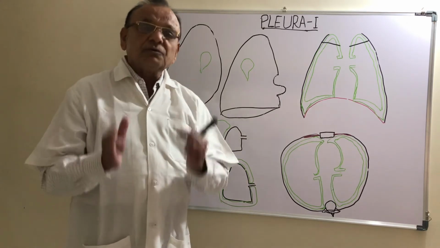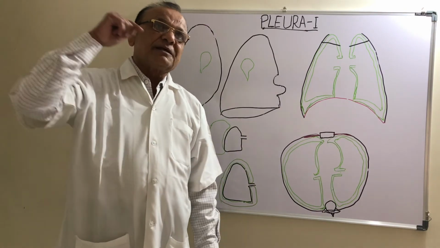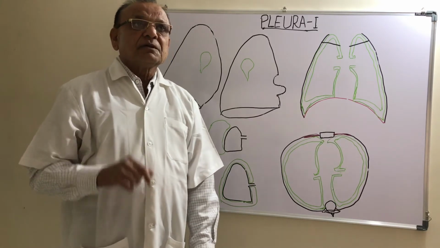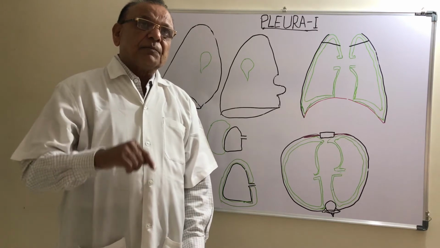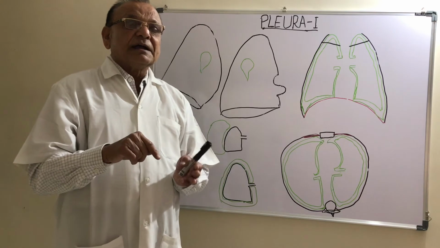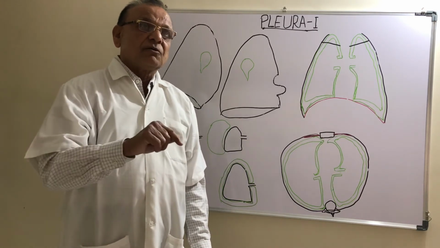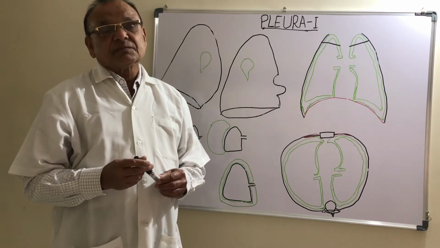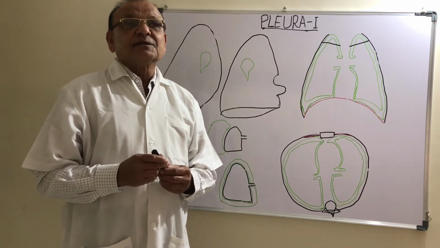Suppose you take a balloon and push your finger into the balloon. Naturally, on the surface of the balloon, a depression appears. And the part of your finger which is in the depression is covered by a layer of the balloon. This process of pressing in is called invagination. Similarly, in this way, the lung invaginates the pleural sac.